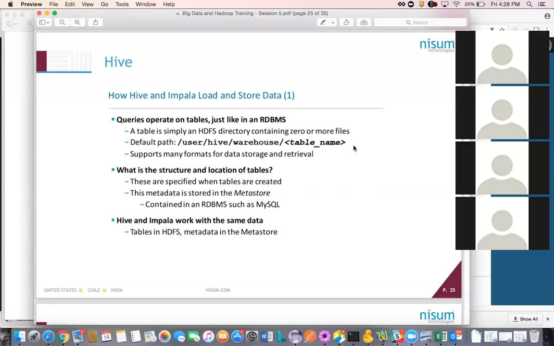This is an important concept. If you want to bulk load your tables, you just copy the files to this path and then you upload your tables. Say you have a CSV file you want to upload. There are many ways. One way is to directly copy those files, or you have your insert statements. But inserts on a million records, if you want to bulk load it, how do you